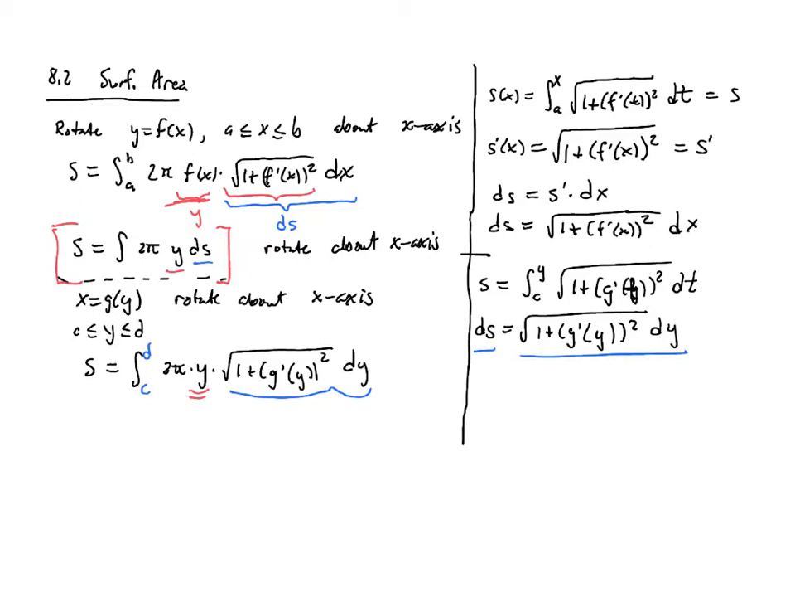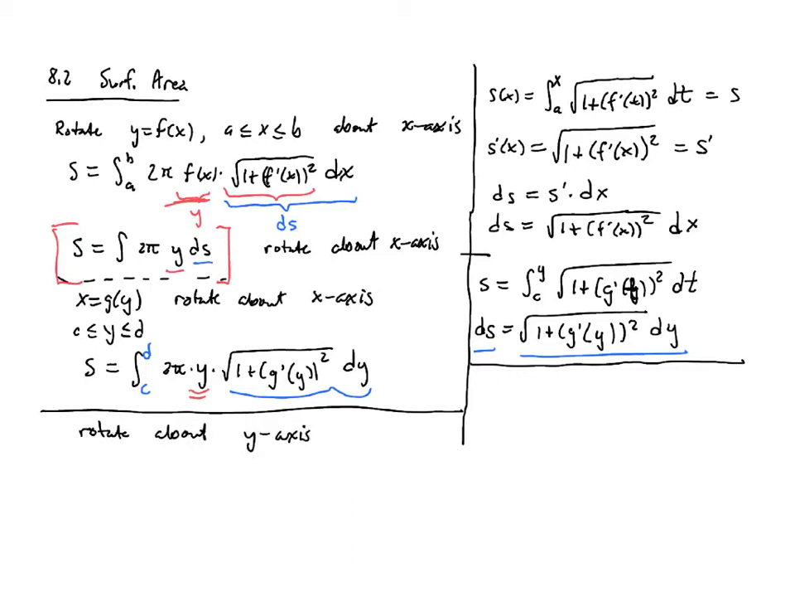I need to give you the formulas for rotating about the y-axis. So let me do those because I want to touch on an example that we did in the group work when we worked on section 8.2. So if you rotate about the y-axis instead of about the x-axis, then the formula you get without limits of integration is 2 pi